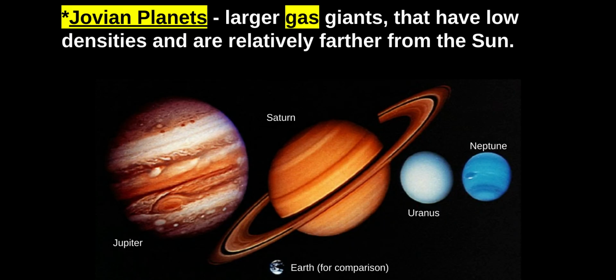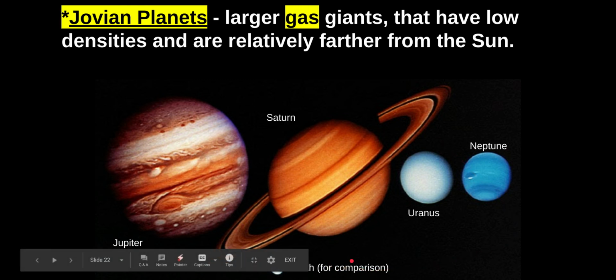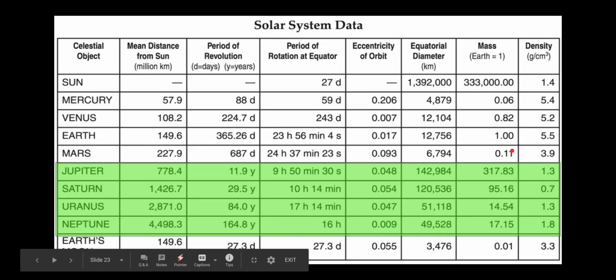The next grouping of planets is called the Jovian planets. So these are massive, right? Take a look. Here's Earth down here. Once my box goes away, Earth down here compared to these gigantic gas giants. So the reason that they're able to get so large, here they are grouped, right? Look at the equatorial diameter. Okay, they're